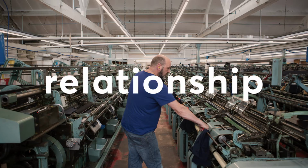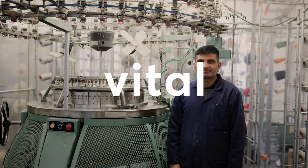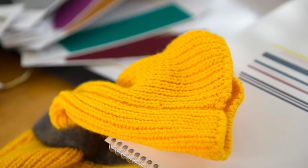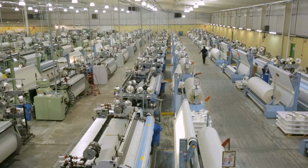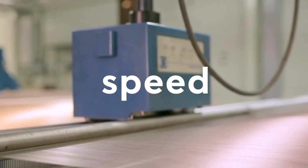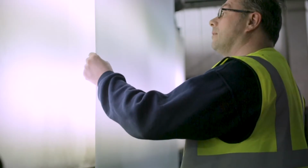Having a good working relationship with your manufacturers is vital. Many of our top designers work with British manufacturers, from Victoria Beckham to Erdem, as well as increasingly a number of high street retailers, all of whom recognise the huge benefits of working with manufacturers based here, from time zone and language to speed to market and the sheer convenience of being able to pop in and check on production